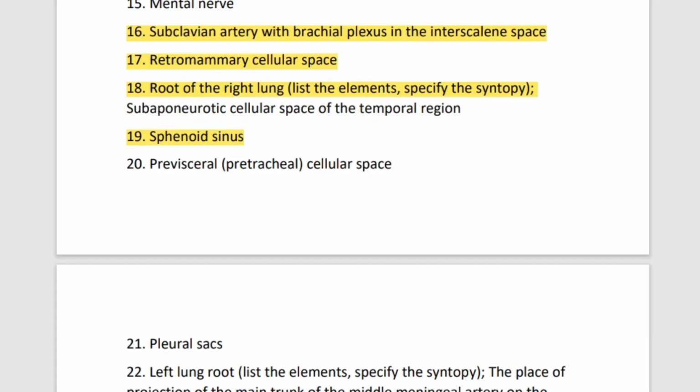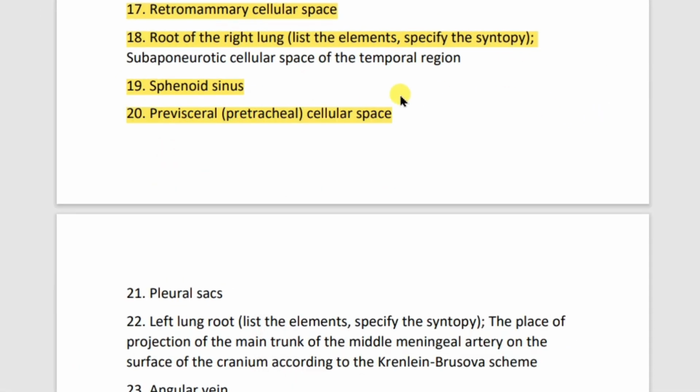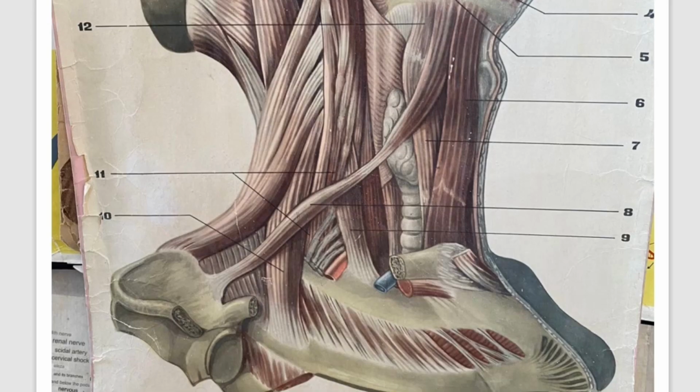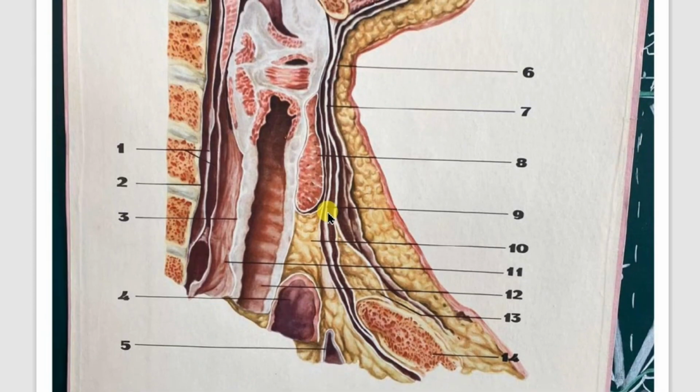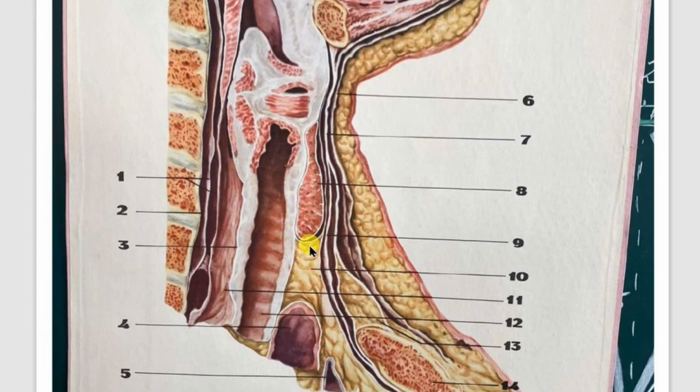So the next structure we have, where can we find it? We can find it pretracheal, so in the neck region. Let's have a look here. This is your trachea. It's pretracheal, so it means it's in front of the trachea. Okay, so this is your trachea, and here you can find the pretracheal cellular space, and here is your thyroid